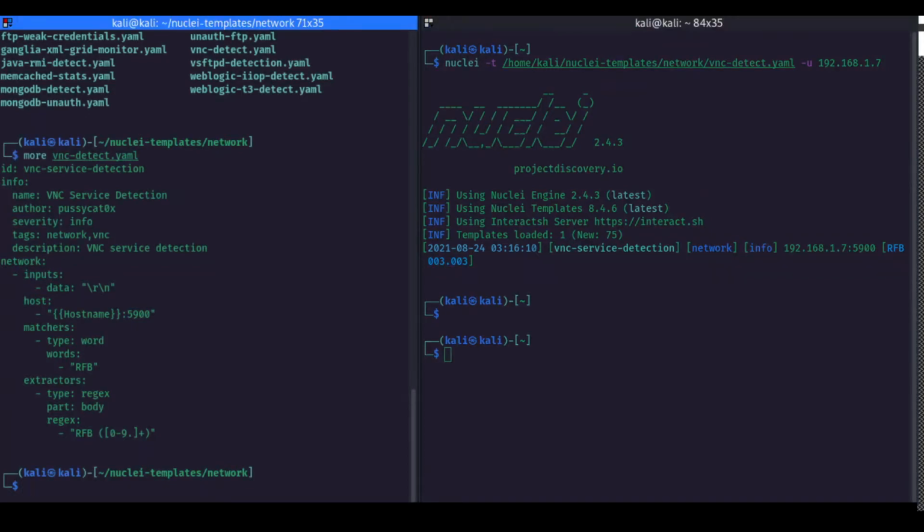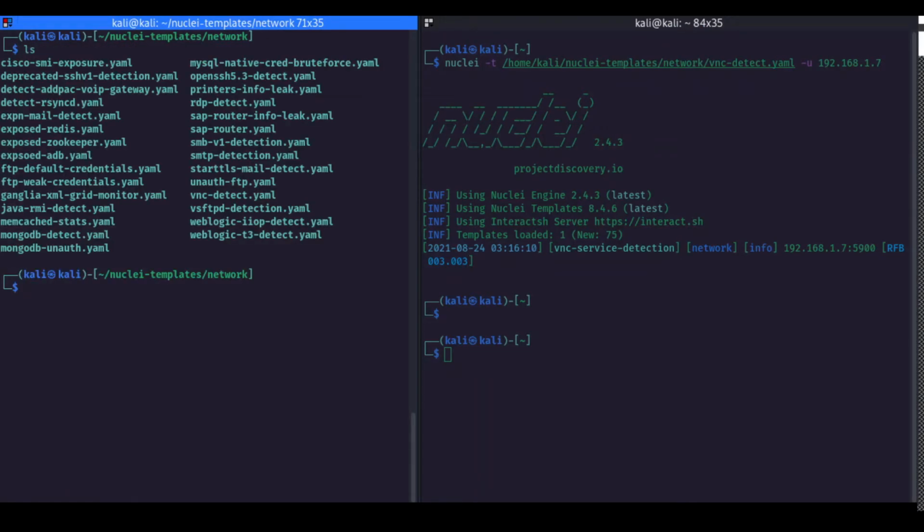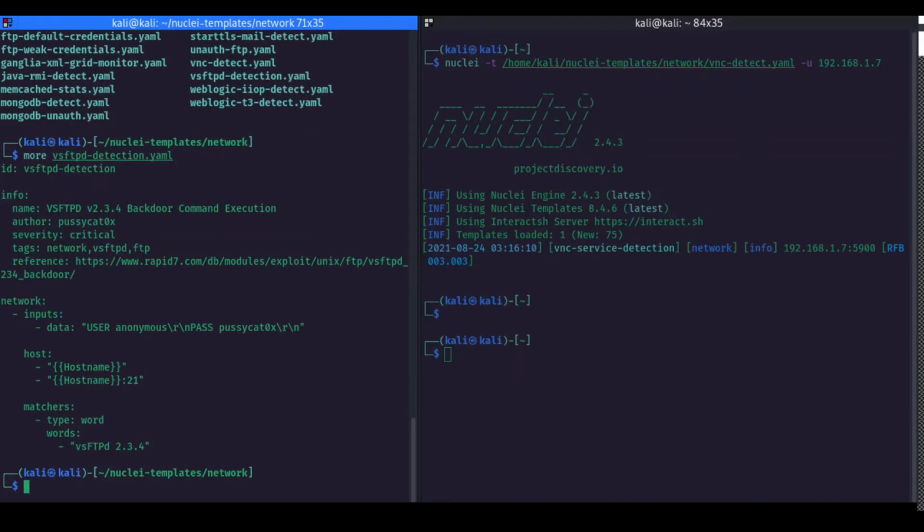Now another thing that we can check is vulnerability detection also. So say for example a very old and common type of backdoor that came with the VSFTPD version 2.3.4. So let me show you. Yeah, so the version 2.3.4 backdoor command execution, this is quite old, but still, it is for the sake of understanding how the use of this script can be useful to specifically pinpoint a vulnerability.